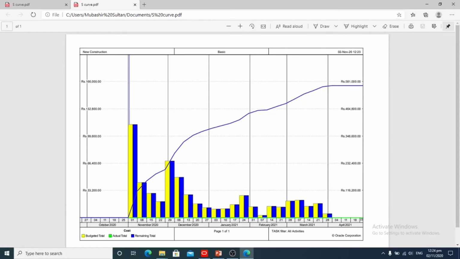So this is our S curve, and we can see our timeline is based on a weekly basis.